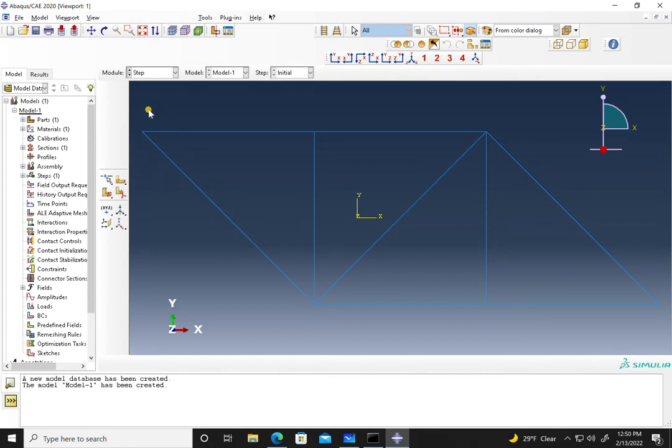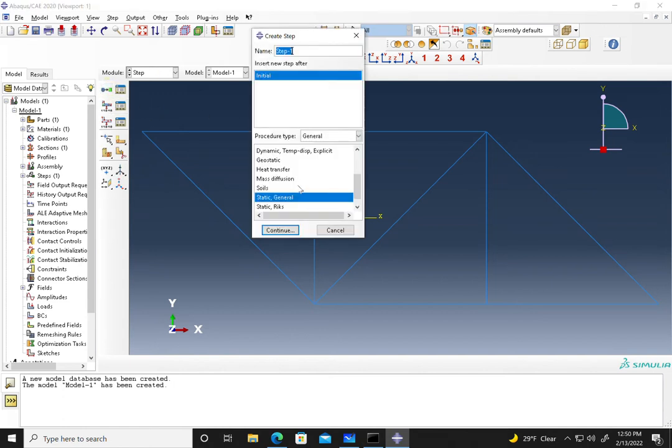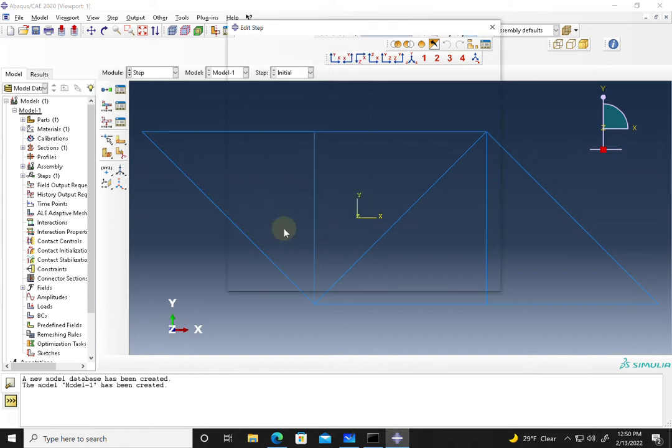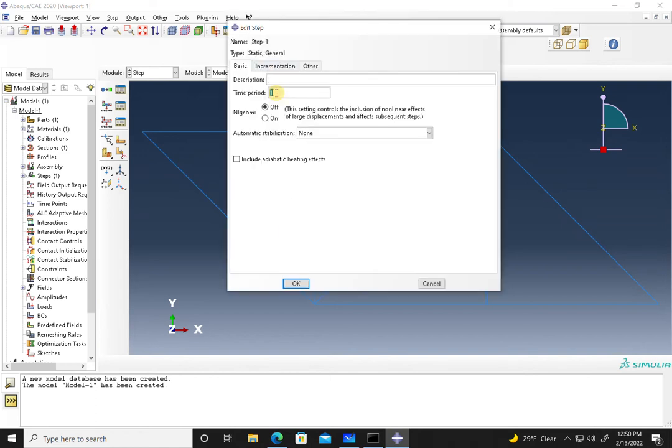And then we go to a step. We create a step. We assume that the load is applied slowly, in a way that the inertial effects are not important, so we are going to do only a static analysis on this. So we continue. The time period is 35 seconds